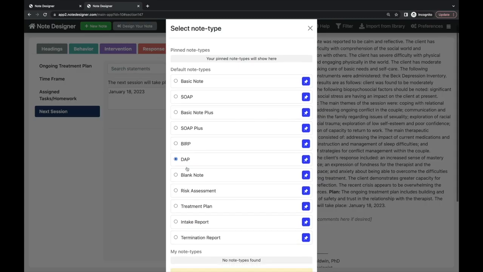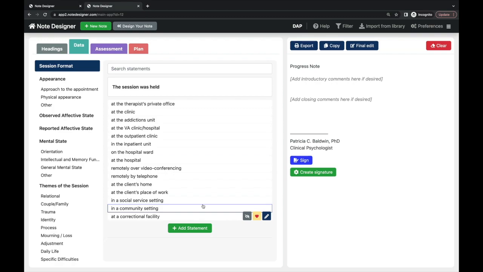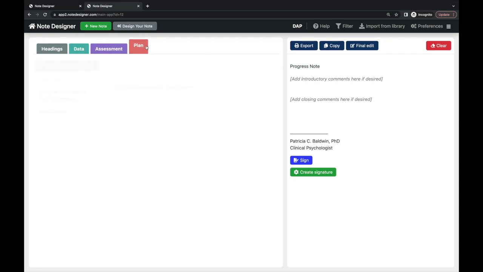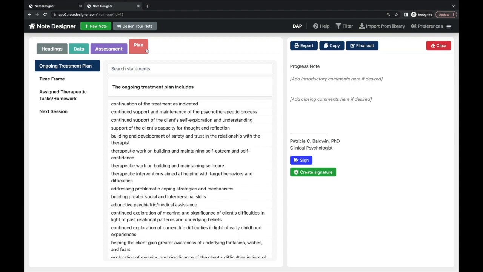We will turn now to the final note type, that being the DAP note. In this kind of note, we have fewer major sections to remember, but of course, each section is going to be populated by more content. Let's take a look. DAP is an acronym for Data, Assessment, and Plan. It is sometimes referred to as a DARP note with an R, where response is given as a separate section